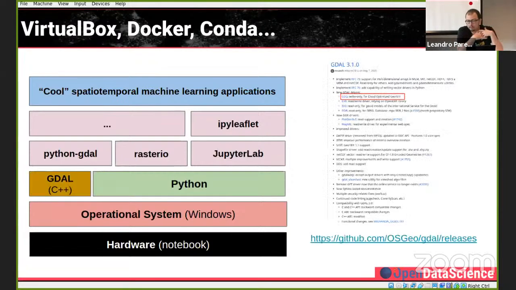And here, for example, we will use the GDAL version 3.1.4. We will have a session specific for cloud optimized geotiffs to